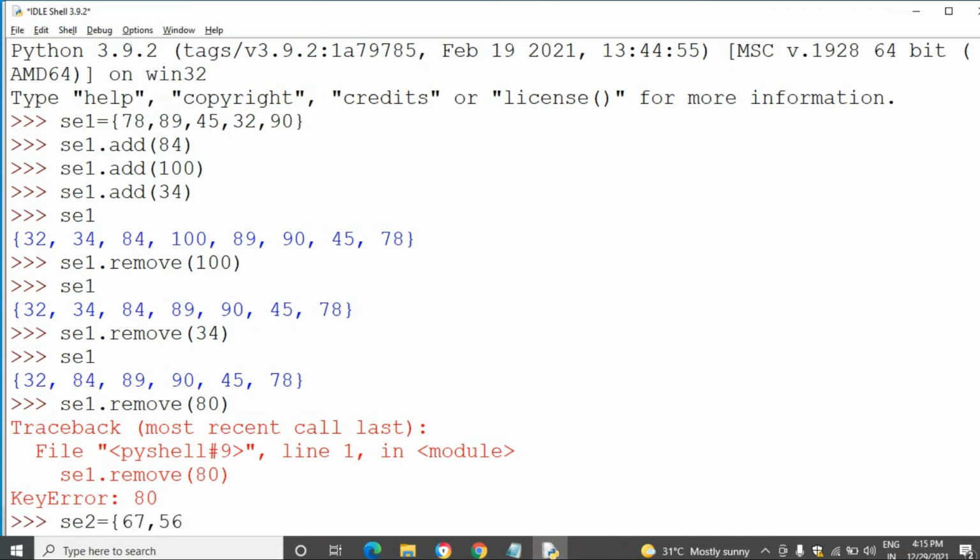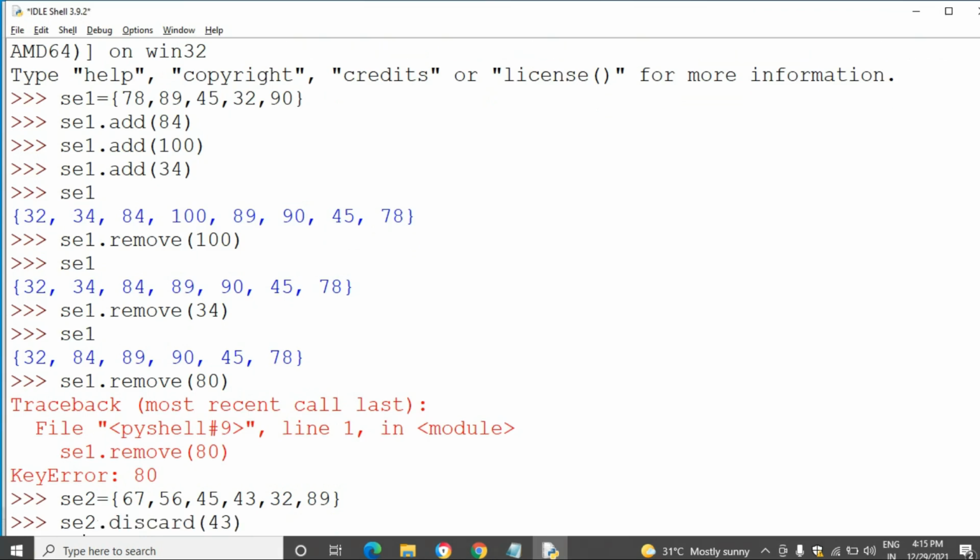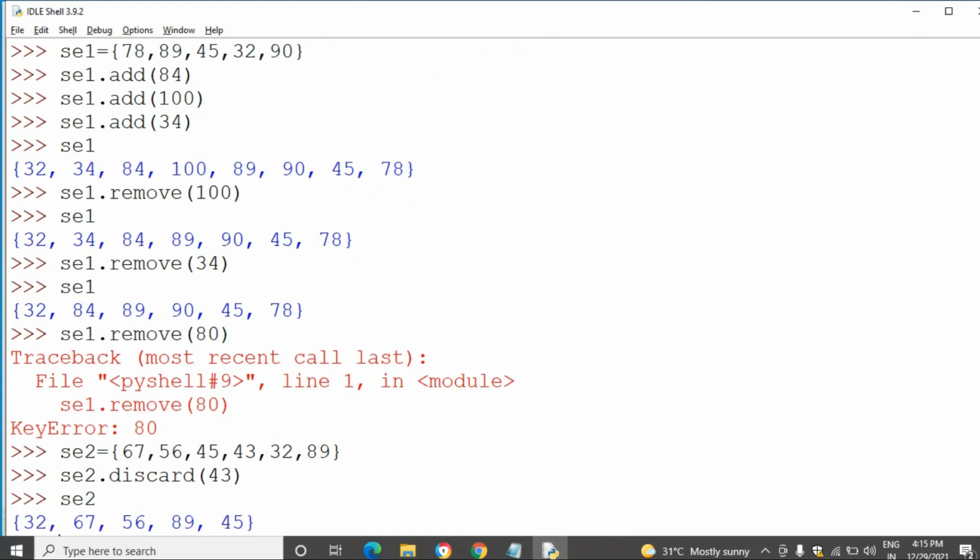Okay, I am taking set2 with elements 67, 56, 45, 43, 32, 89. I want to perform the discard function: set2.discard(43) and print set2. See, the element 43 has been removed from the set.